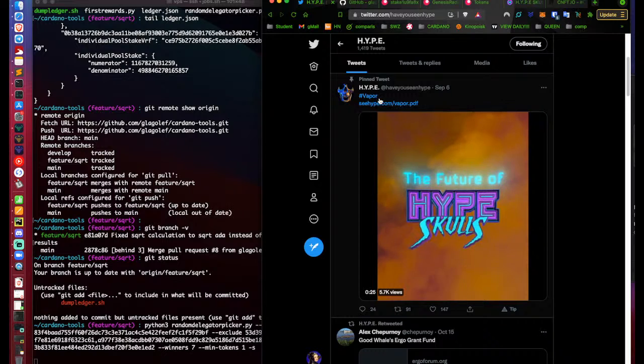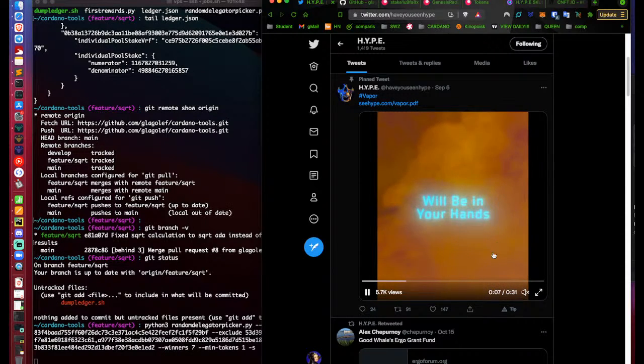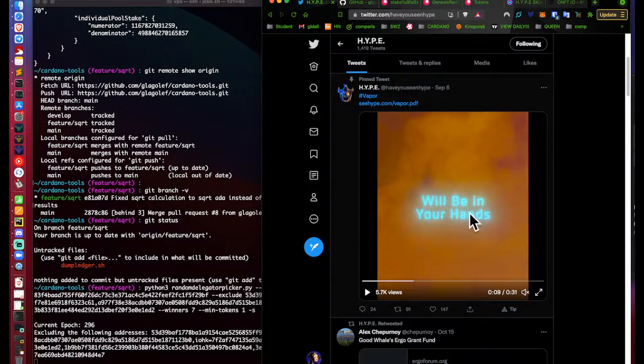This is called Vapor. All of the skull owners are going to get, for each skull that they own, one of these Vapor NFTs, which will allow them to create new skulls. They combine their skull with the Vapor, and then they can create a new one while keeping the original.